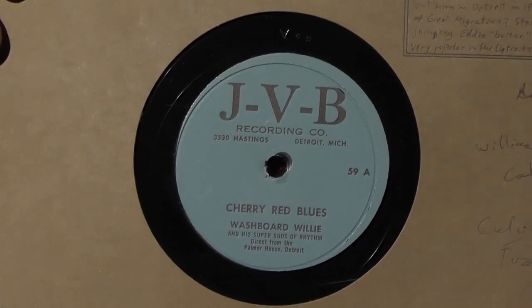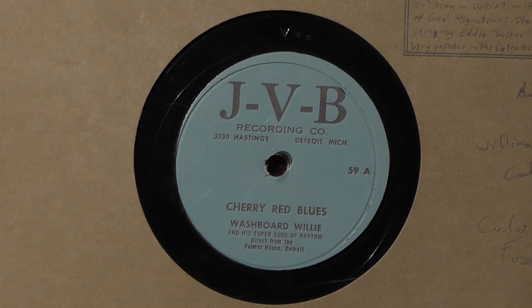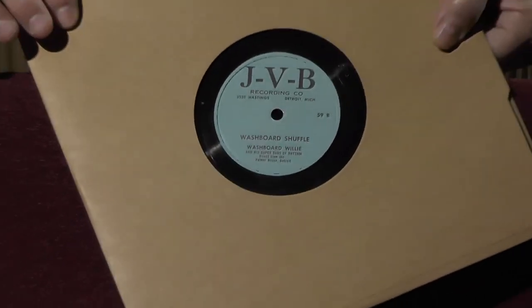Oh, look at this. Here we go. JVB recording by Washboard Willie and his Super Suds of Rhythm. Detroit label, lot number 7861, $250 minimum bid. We played this, Cherry Red Blues, on the Bitter Request show. What's special about this record is the fact that, in addition to this record, Cherry Red Blues and Flipside Washboard Shuffle, we have, drum roll please,